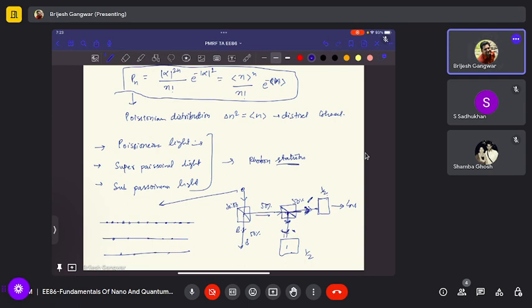But in quantum mechanics, if at a time there is only one photon, what will happen at this beam splitter? It can go either this side or this side, right? It cannot be that half a photon goes this side and half goes this side. Yes, quantum mechanically it is not possible. So that photon will be detected on one side, with probability half. That is related to this